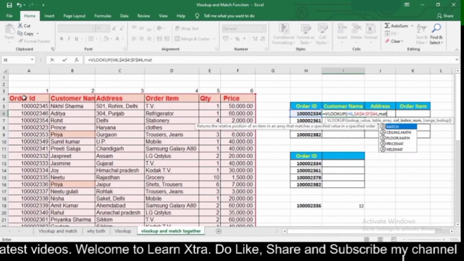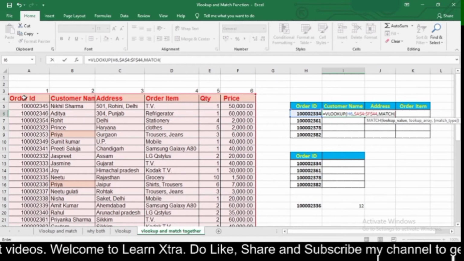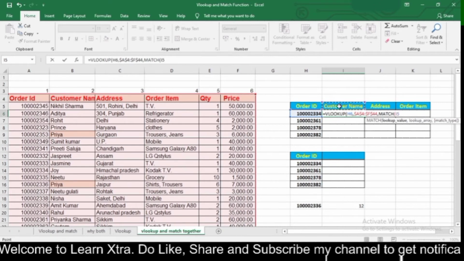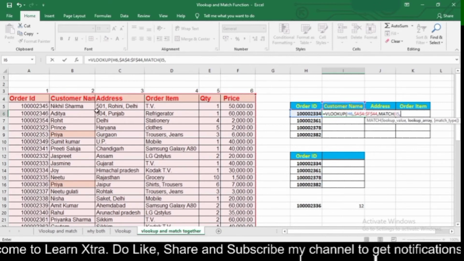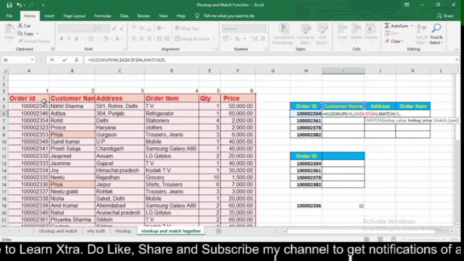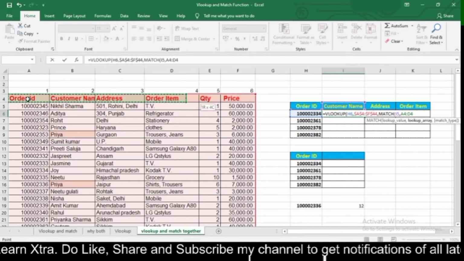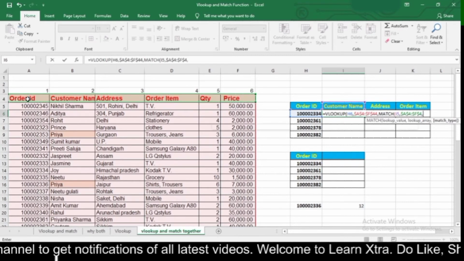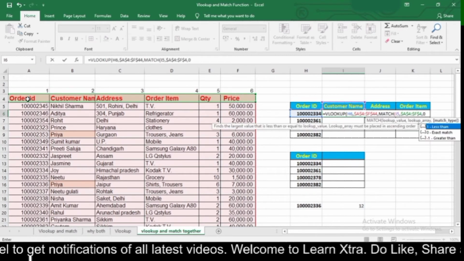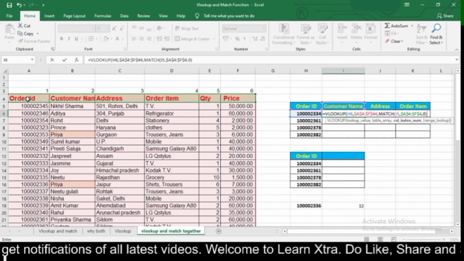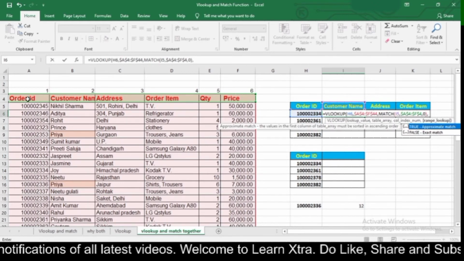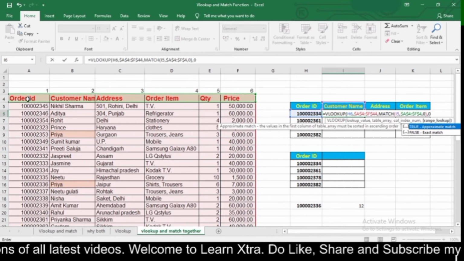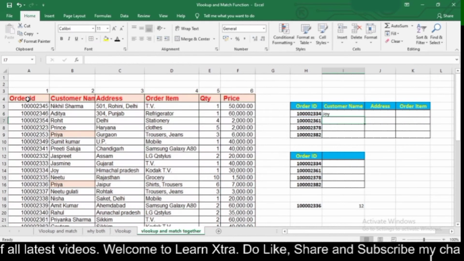Now for my column index number I am using the match function. Equal to match, lookup value. Here my lookup value is my customer name, then comma, lookup array. Here my lookup array is this array, that is from A4 to F4, and then again freeze it with the help of the F4 key. Here 0 for exact match and then close the bracket and then comma. So here I will type false or 0 for exact match for my VLOOKUP function and then press enter. So here I got my answer as Joy.